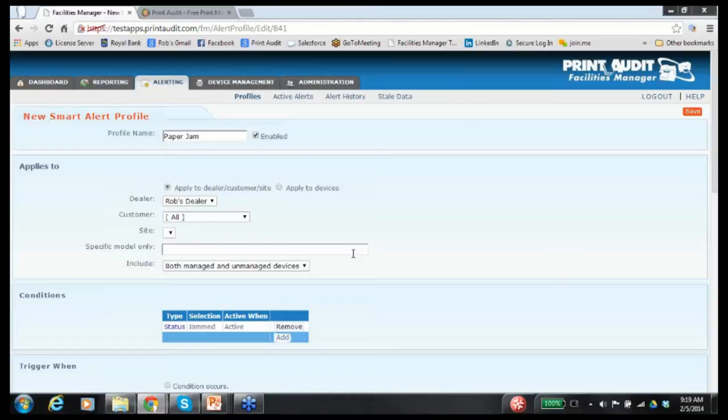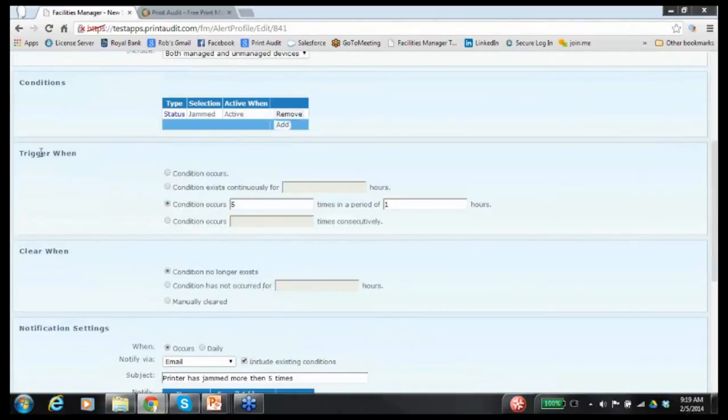First and foremost, and it's always been this way, Print Audit sends out one alert per condition that is met by the system. So our system is smart enough to know if that is a pre-existing condition, and so we will not alert multiple times for the same condition. And that is just part of the system. But what we also offer is the triggering options. So this is what smart alerting is about. It allows you to filter